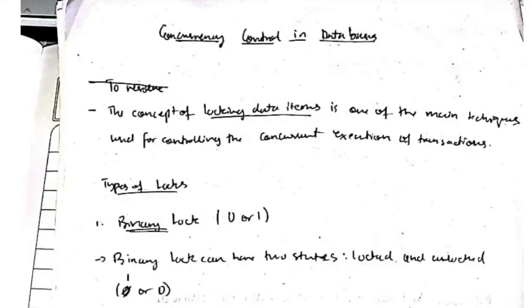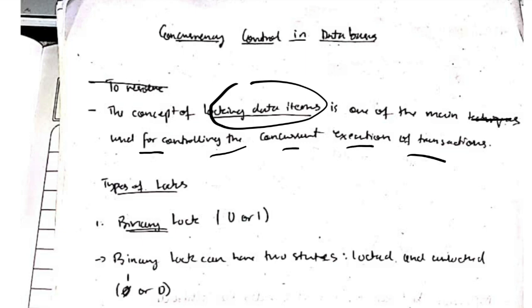Coming to the second part of the module, we have concurrency control in databases. What does concurrency control mean? Prevention of the simultaneous execution of programs, that is concurrency control. The concept of locking data items is one of the main techniques used for controlling the concurrent execution